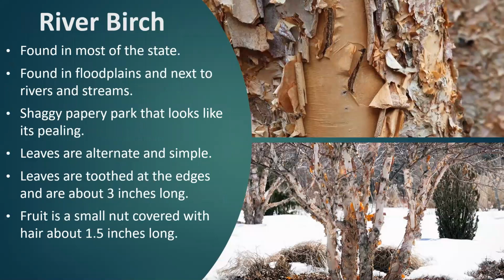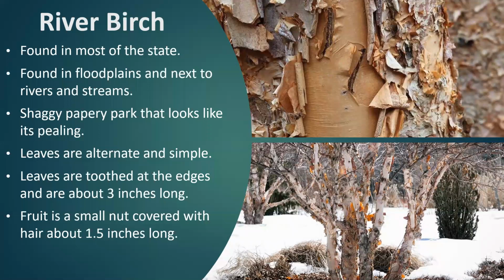Up next is the river birch. So this is found across most of the state, found in very, very flooded areas. So you're going to find it along floodplains. Typically in Illinois, you're going to see it right along streams and creeks, typically in that 5-year floodplain. So where it gets water on it once or twice every 5 years, not regularly, but